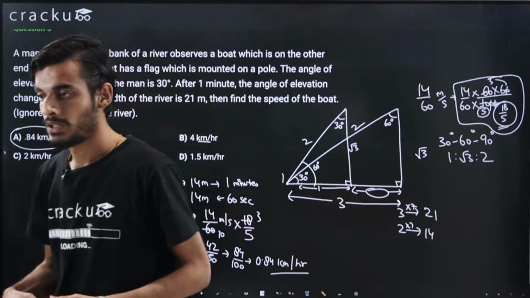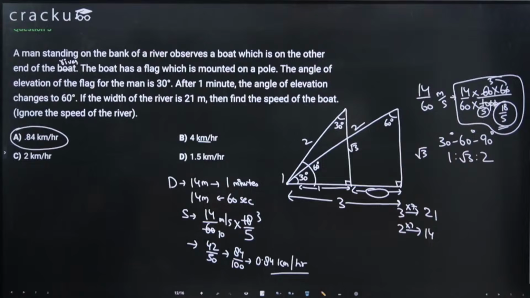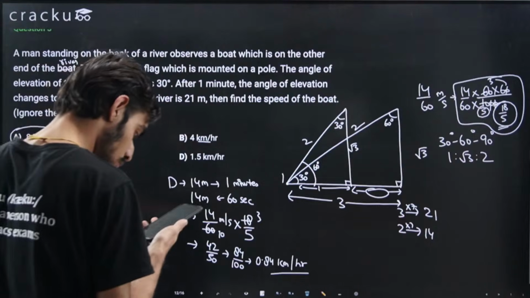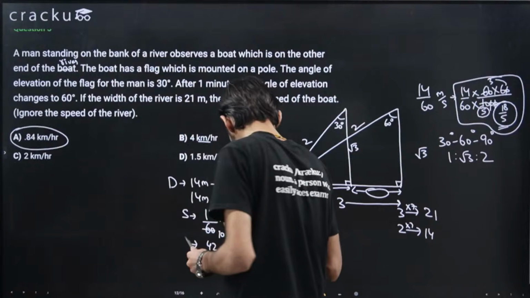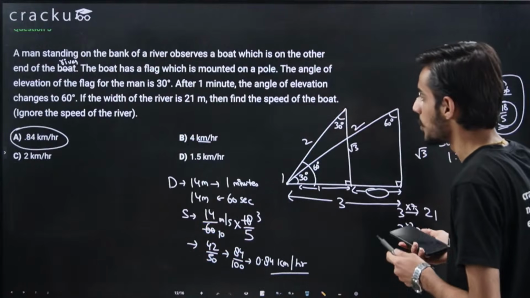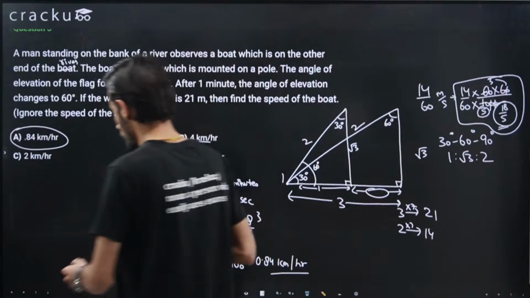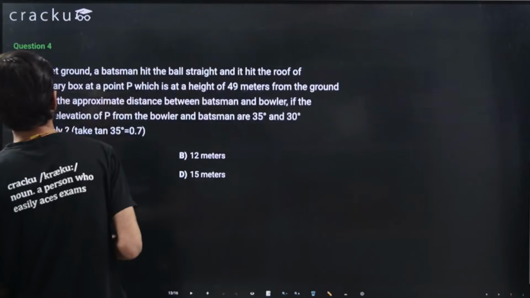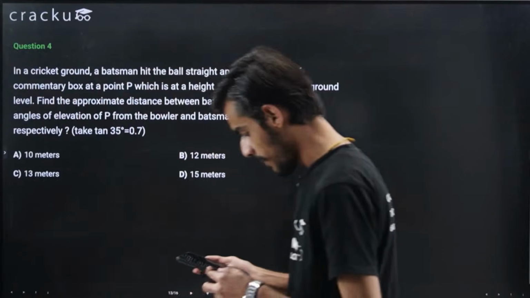It was a good question. If you have any doubts, you can just ask in the live chat. Yes, the answer of RR and Raguraj Gupta, it is correct. Right, it is option number A, that is 0.84. Okay, now this answer is correct. Correct. So you can now try this question also.